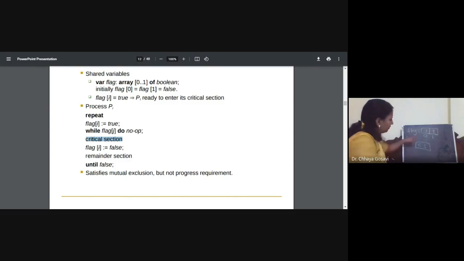Now both processes' flags are 1, so each will check whether any other process flag is 1. P0 checks, okay, P1 flag is 1, so P1 is in the critical section. And even P1 can think that P0's flag is 1, so P0 is in the critical section. And neither process will enter into the critical section unless the other flag is 0. So that will lead to a deadlock. So that is the third attempt. The code is the same, but instead of checking the condition while flag do no op first, it is allowed to change this flag to true.